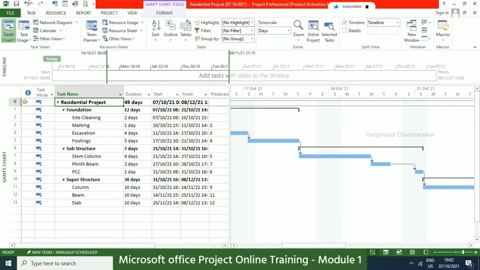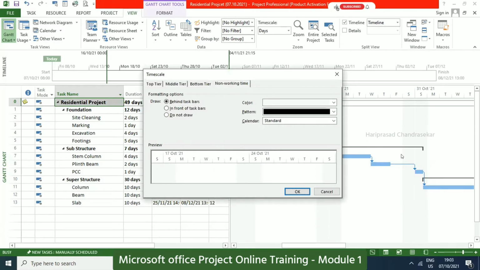Yes. But why is it Saturday, Sunday holiday? Why, sir? Why Saturday and Sunday? Why is it still showing Saturday and Sunday? Yeah, that's why I'm waiting from your side actually. But what we have is a Friday and Saturday holiday. But this we need to change. How to change it? You need to right click and go for non-working time.